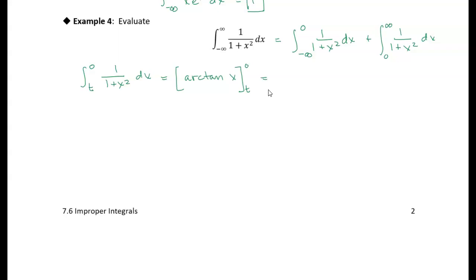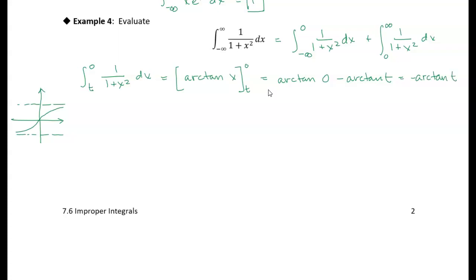So we end up with the arctangent of 0 minus the arctangent of t. Now the arctangent of 0, if you look at arctangent, it looks like tangent only laying on its side. We have these asymptotes at pi over 2 and minus pi over 2, and it looks kind of like this. Let's keep that there as a visual. The arctangent of 0 is 0,